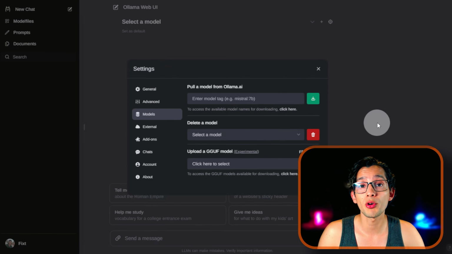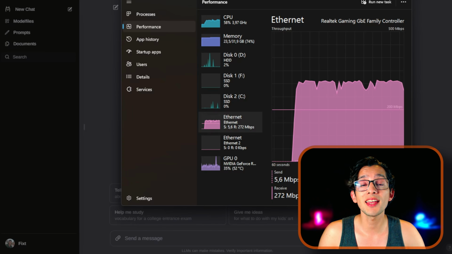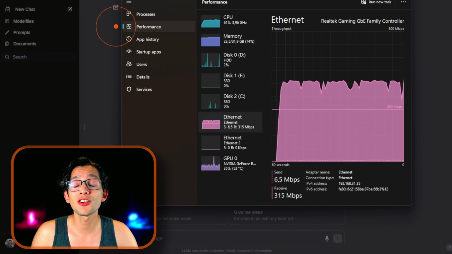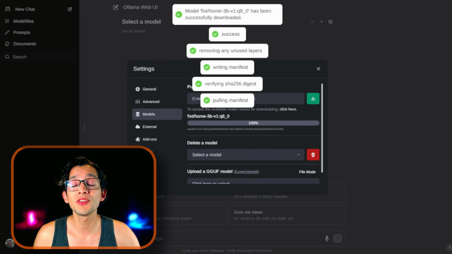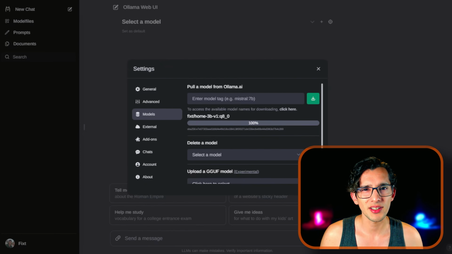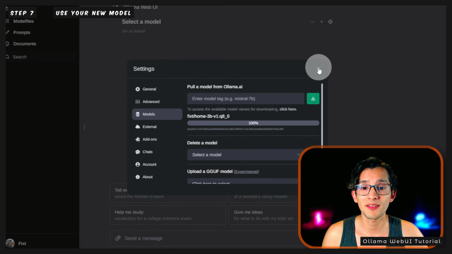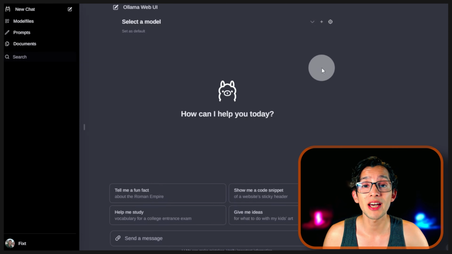If nothing happens, don't worry. Just open the Task Manager, and here if you go to Performance and check your internet connection, you can verify that the model is downloading. And once it's finished, the UI is going to update. I swear that this didn't happen the last time I used it, so this is probably going to be fixed in a new version. And now to use your model, just click on the X, and here select the model from the drop down,